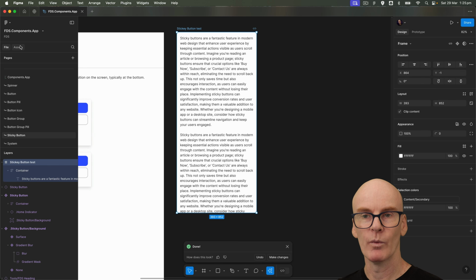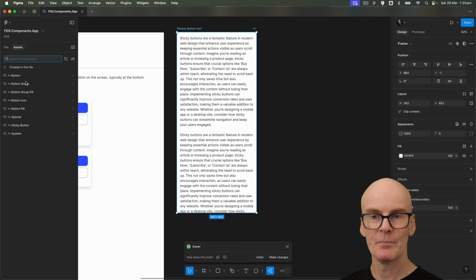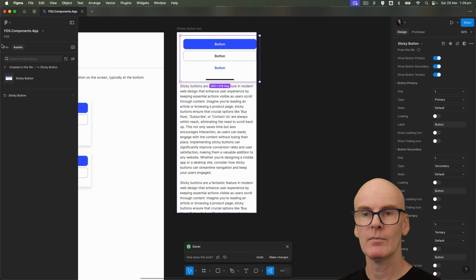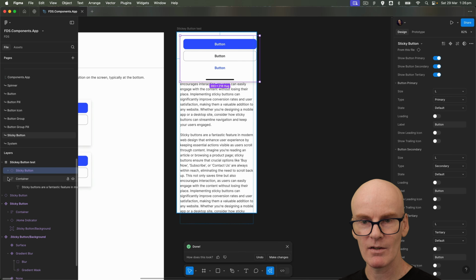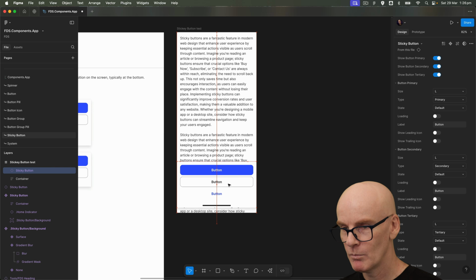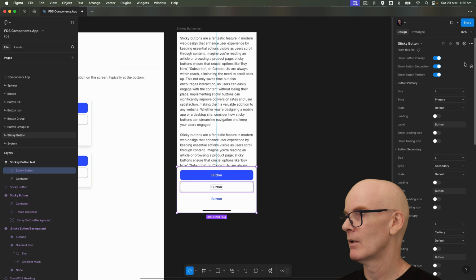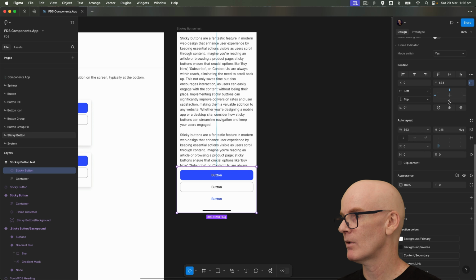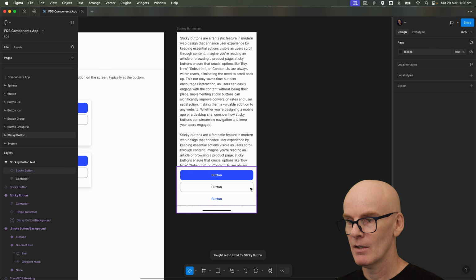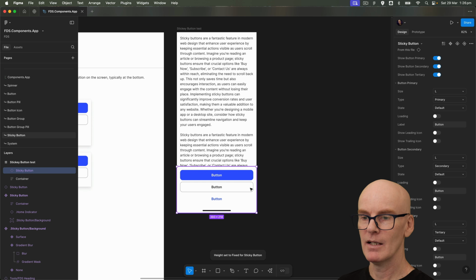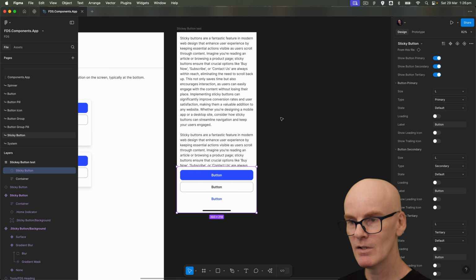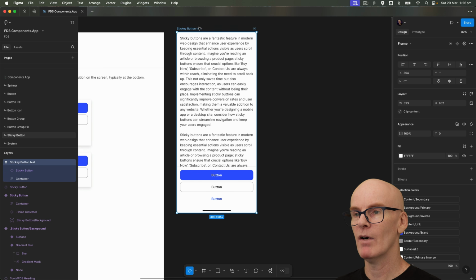Then let's go and grab the sticky button that we just created. Okay, let's put that outside of the container at the top, move it all the way to the bottom, and then change its layout to be left, bottom, and right, but not top. Okay, now you can see here that the surface one casts a shadow and actually covers the text. And if I add